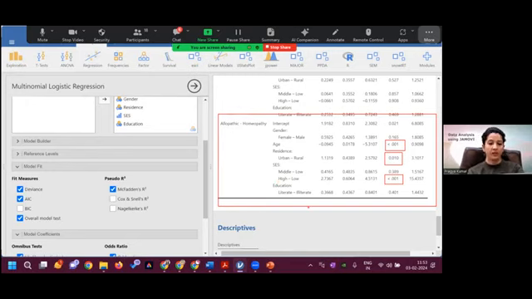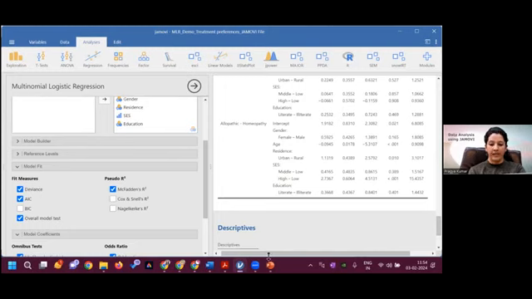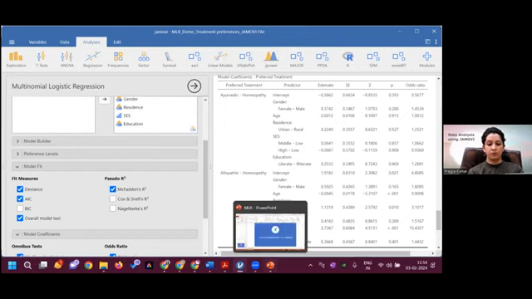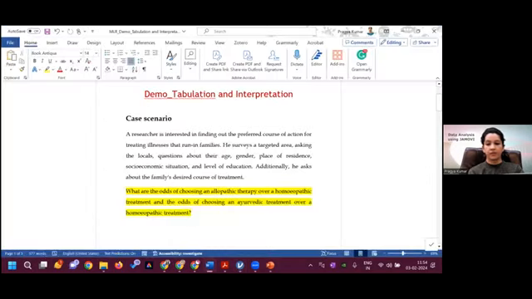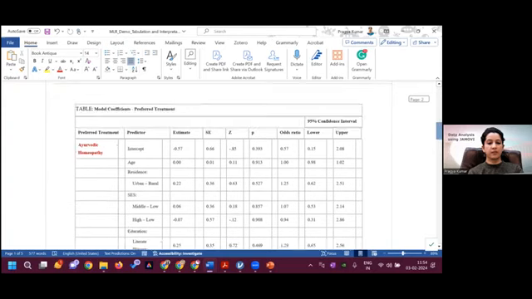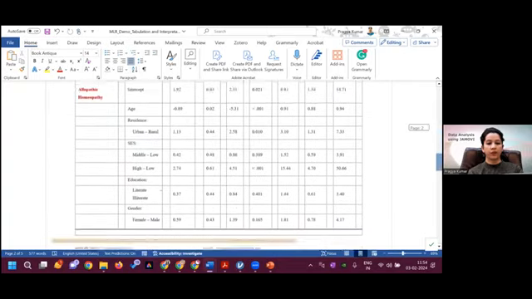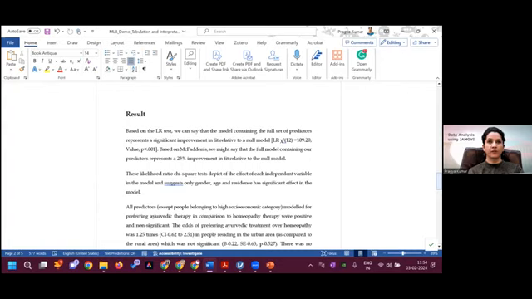So that's how you can have a table where similarly you can copy paste this table, and here you can add a column of unadjusted odds ratio, and you can show that too. So this is the table which we have just copy pasted from the Jamovi, both the two models, and then you can write, based on this multinomial logistic regression, we can say that the model containing the full set of predictors represents a significant improvement in the fit relative to the null model, and based on the